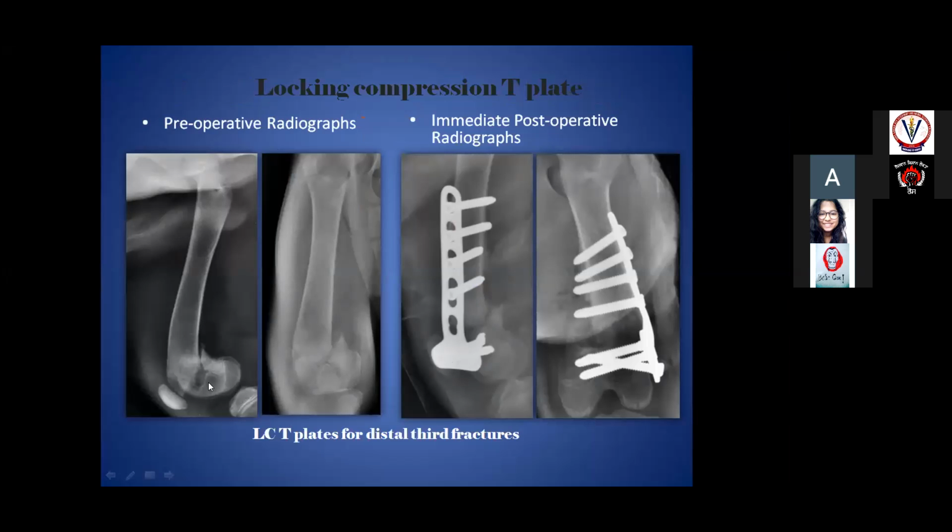See, this is a very distal fragment. If you use a normal plate, we cannot have three screws fixed in the distal fragment. But if you use a locking compression T plate, because of the presence of the T part of the plate, we can get three screws in the distal fragment and the normal four screws in the proximal. So this is the advantage. Particularly for distal third fractures or proximal third fractures, locking compression T plates